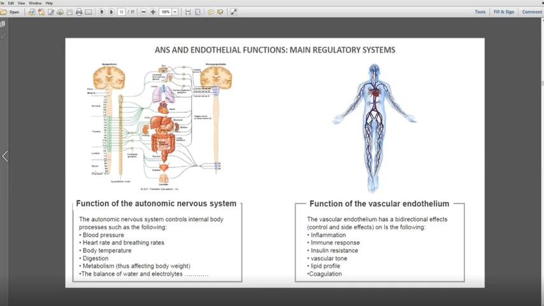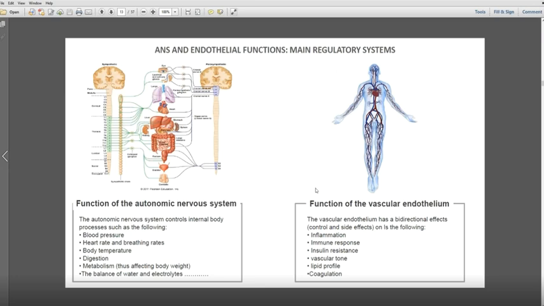Again, the ANS and endothelial functions are main regulatory systems. The autonomic nervous system is basically a network of nerves, okay, that's split into two branches, the sympathetic and parasympathetic. The sympathetic is basically the accelerator, okay, so it's what stimulates nerve activity, and the parasympathetic is what inhibits the nerve activity, and it controls all of the involuntary functions of the body, okay? So if there's damage here, or there's issues with the autonomic nervous system, it's going to lead to disease,